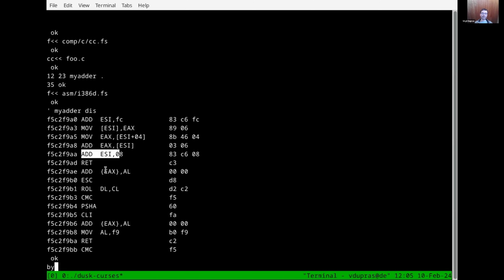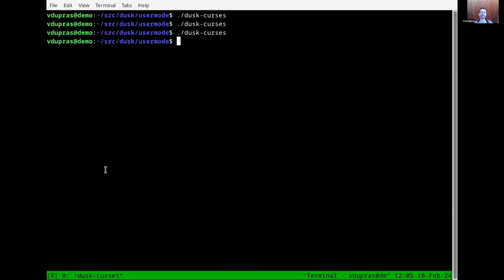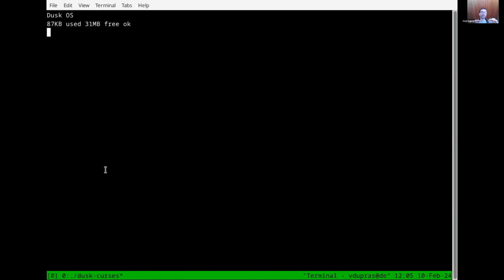To show you that my compiler is modular, I'll restart Dusk so that you know we're running on a clean slate, because I will load parts of my C compiler to tokenize and to parse expressions.